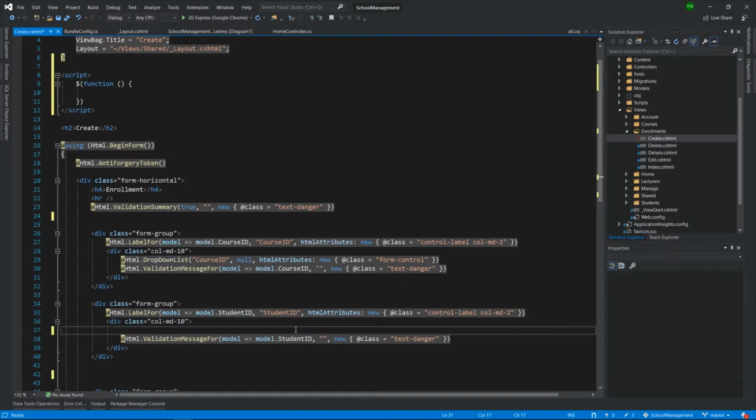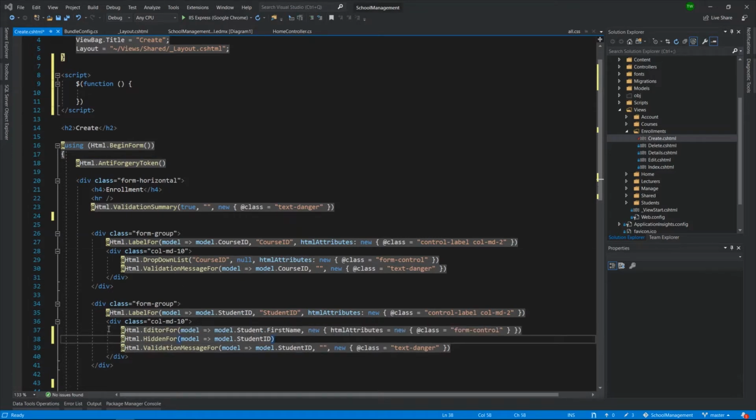So I'm just going to erase this, and I'm going to replace it with 2 controls, a text box and a hidden field. All right, so I did that real quickly, and I'll just walk you through the 2 lines of code, which really shouldn't be that foreign. We have our HTML helper here, and we're using an EditorFor. You could have used a TextBoxFor, that's fine. Then you'd realize that the anatomy of the EditorFor and the TextBoxFor are kind of different when it comes to referencing our CSS classes, but either way, they both need the model, and we're associating the text box with